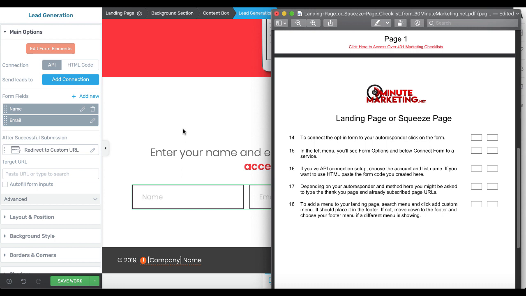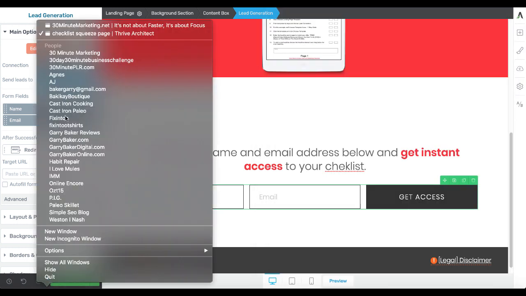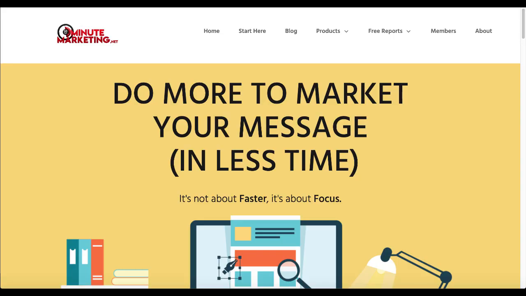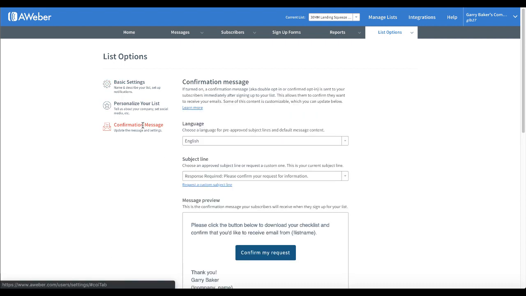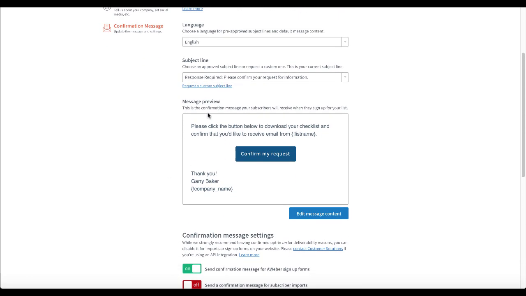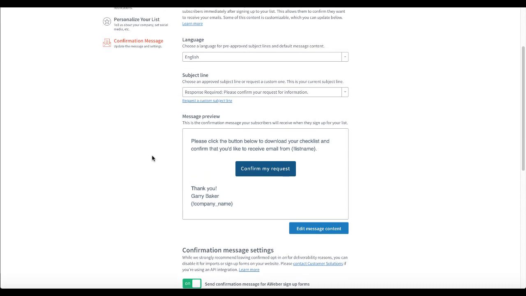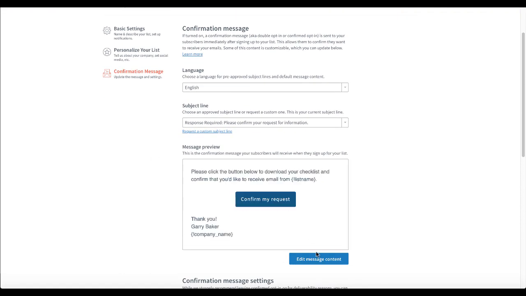So I'm using AWeber, so let me show you that real quick. Over inside of my AWeber account, what I have here is a list called 30mm landing squeeze page. And what I've done is I've created a confirmation message, as this will be a double opt-in. Please click the button below to download your checklist and confirm that you'd like to receive email from list name, and it'll respond with that list name. As you can see right here,